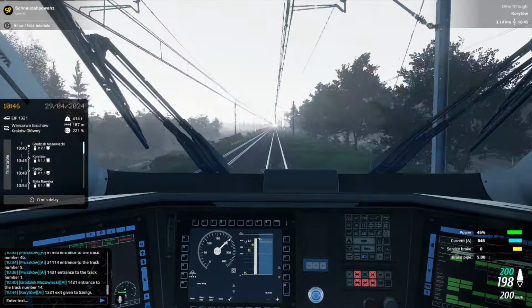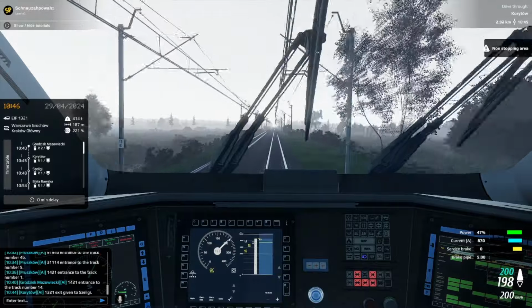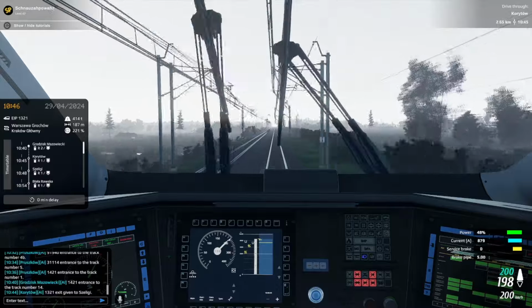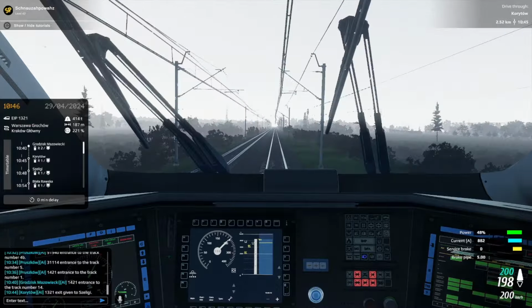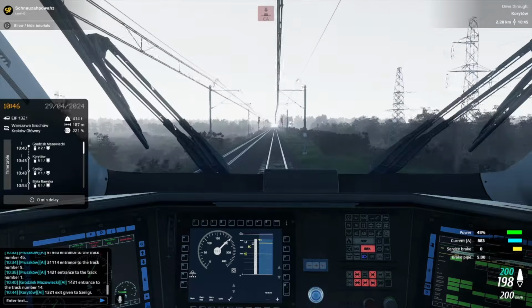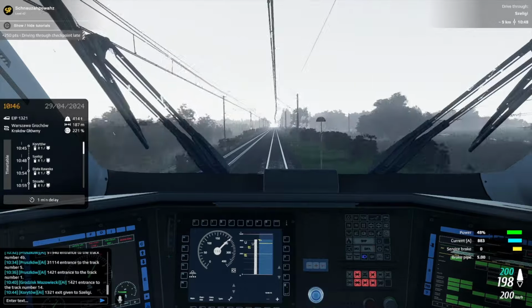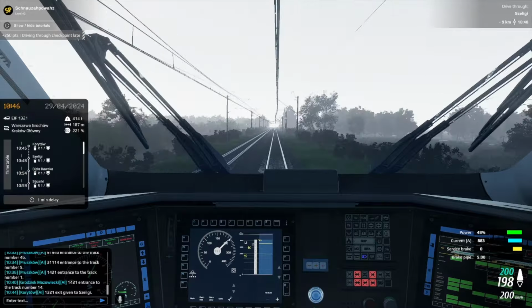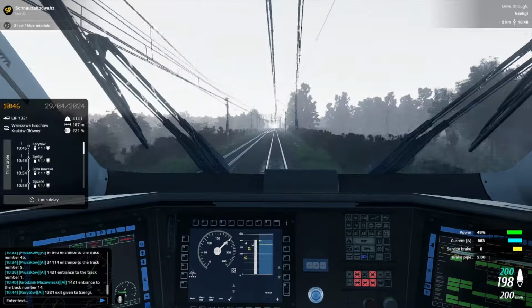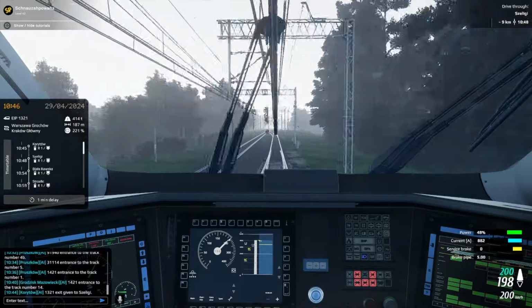SimRail just keeps getting better. It's a small team with a very, very nice rail simulator versus the other guys, which is a massive team of over 100 people, and they just keep releasing this same regurgitated crap time and time again at insane prices. So I will stand behind these guys through and through, as long as they keep putting out stuff like this, because especially with the ETCS, and I think why they implemented ETCS, if I'm honest, is because